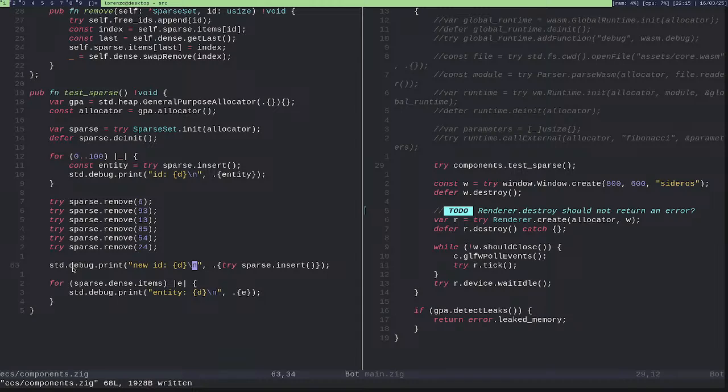So for each index in the dense array, I have an entity index, and for each index inside the dense array, there should be an equal index inside the component list assigned to an entity. And now I'm thinking, what if an entity doesn't have a specified component? What do I do in that case? What should I do?